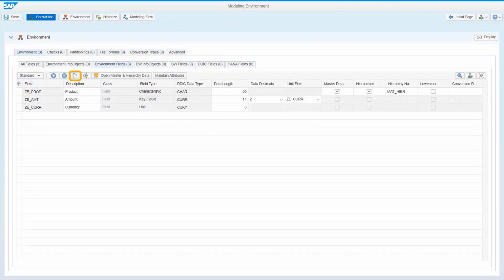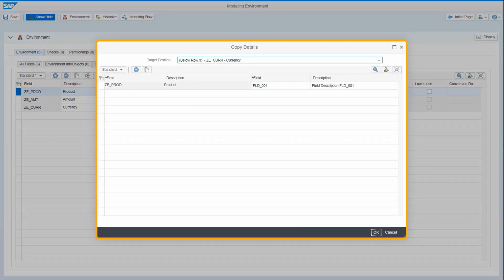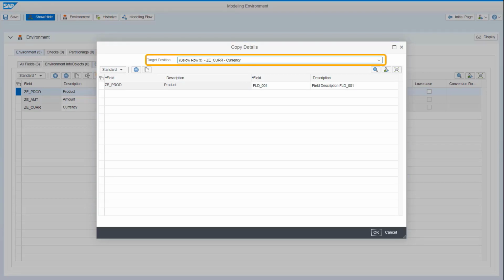Copy. By choosing the Copy button, all properties of the selected field will be copied automatically. But before doing so, choose the field to be copied. In this example, we choose the field ZE_PROD. Choose Copy. The Copy Details dialog box appears. Here the modeling user can choose below which position the field will be copied. In our example, we have selected below row 3. This will create the copied field below